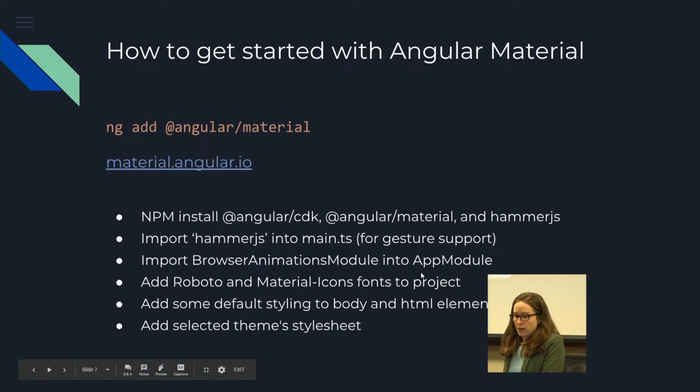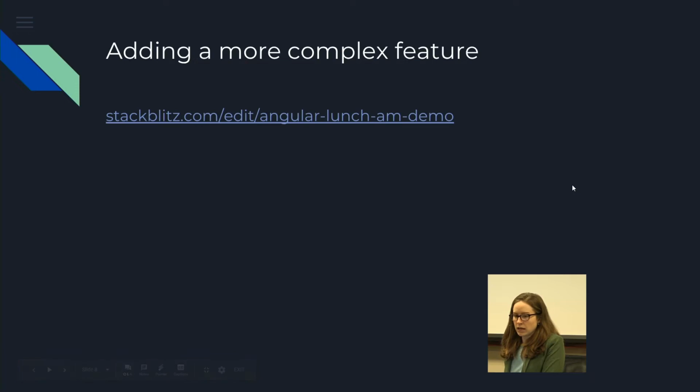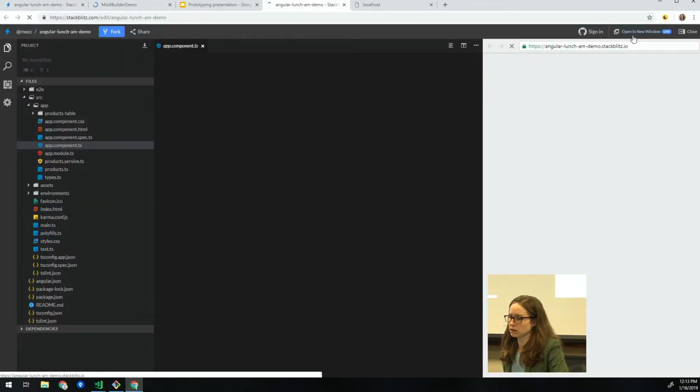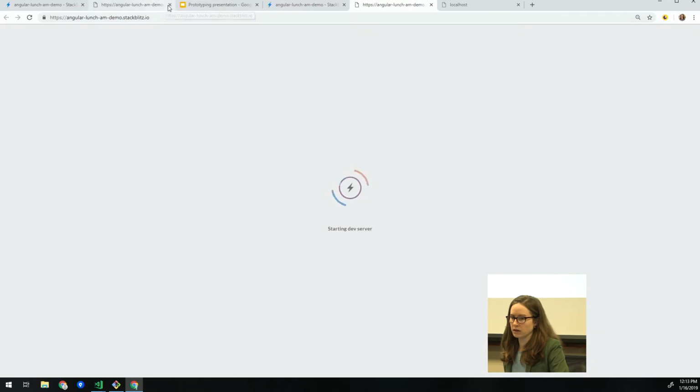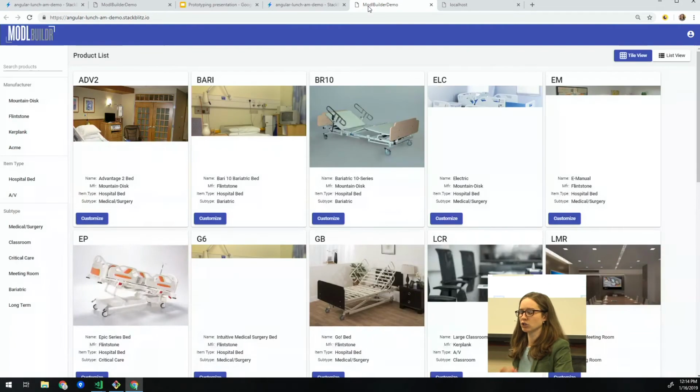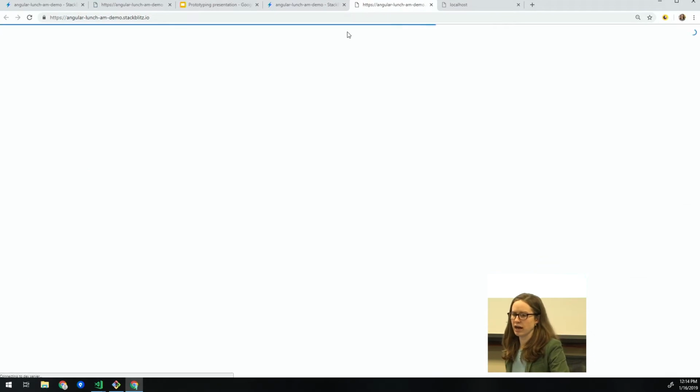So that's just a recap of the things that it did. And then I have a demo for adding a more complex feature. So I have a StackBlitz instance. I'm gonna open that in a new tab. Cool. So this little app is just a piece of a larger app that we have internally here at Oasis